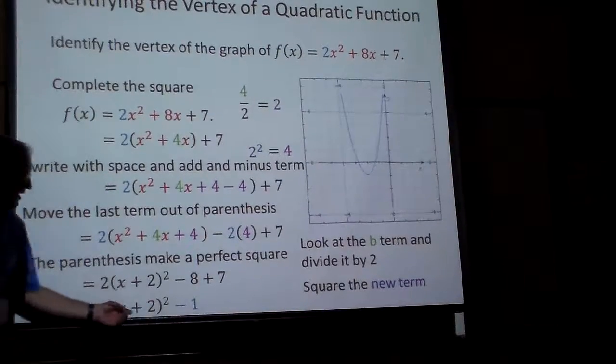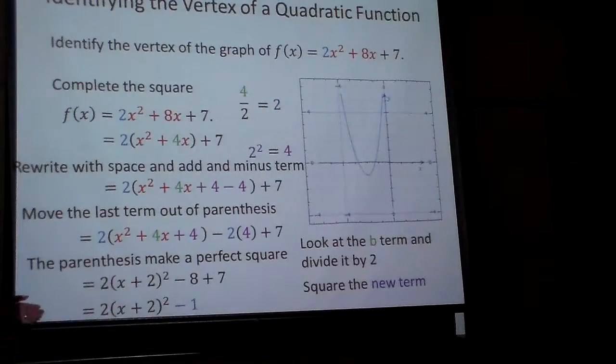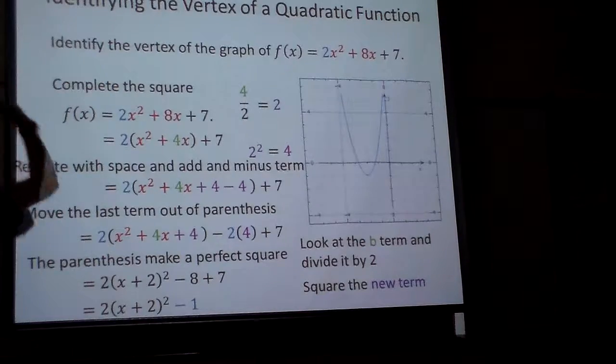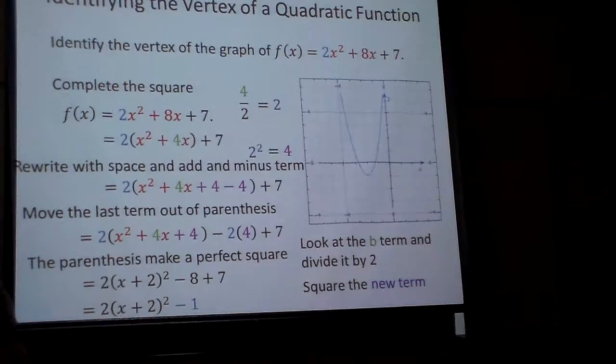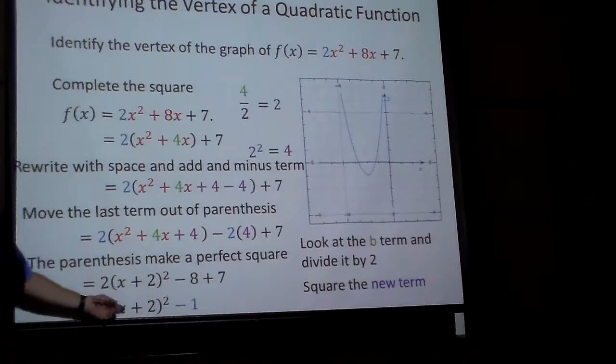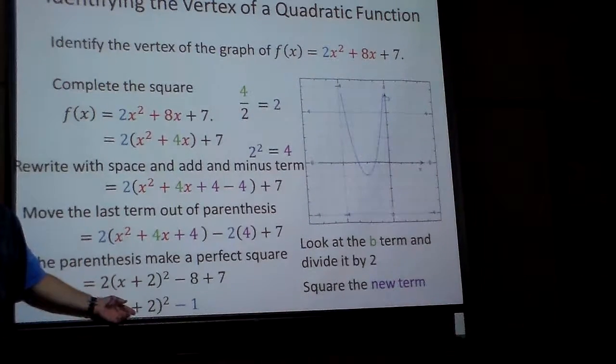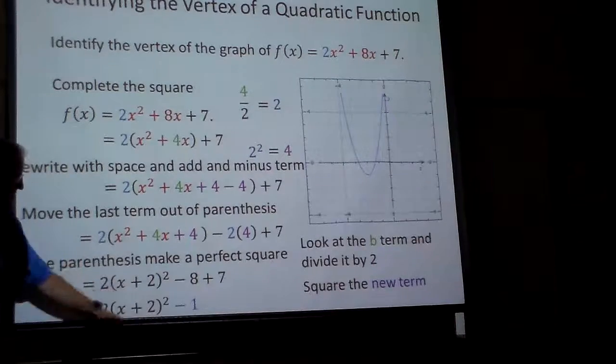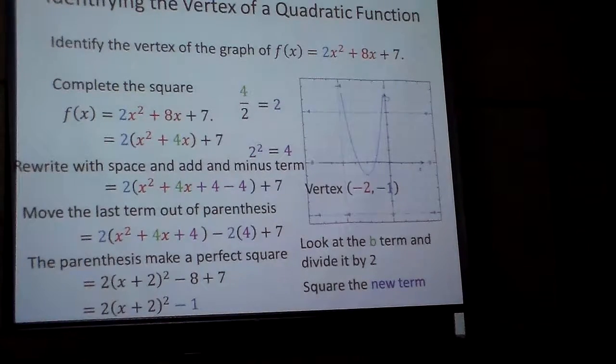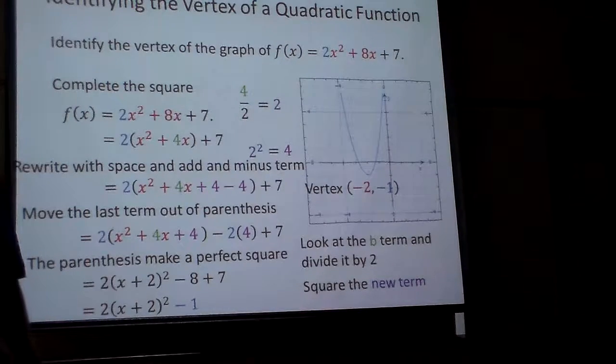So here it is in standard form. Standard form, little Standard Oil sign form. So where is the vertex? Is that negative 2, negative 1? Yes, inside layer. Negative 2, negative 1. It's at negative 2, negative 1. Now go ahead and